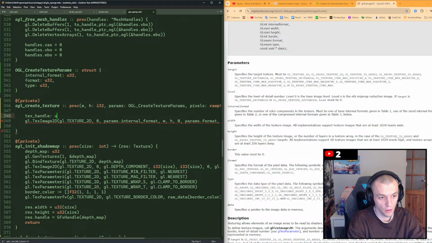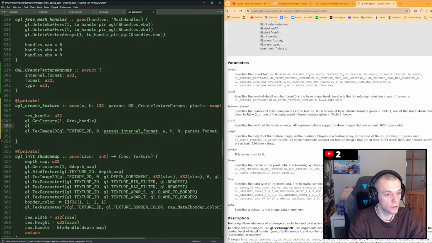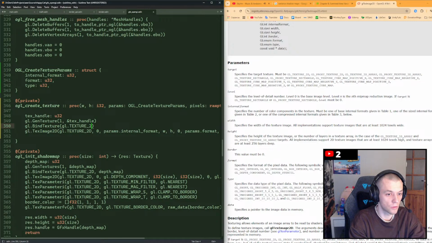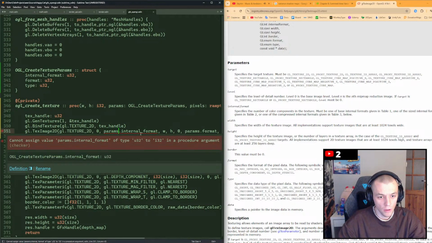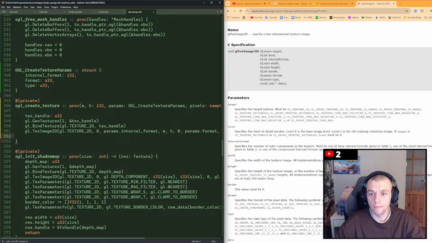Texture handle u32, glGenTextures, texture handle, glBindTexture, GL texture 2D, texture handle. Okay, nice. Okay. Now